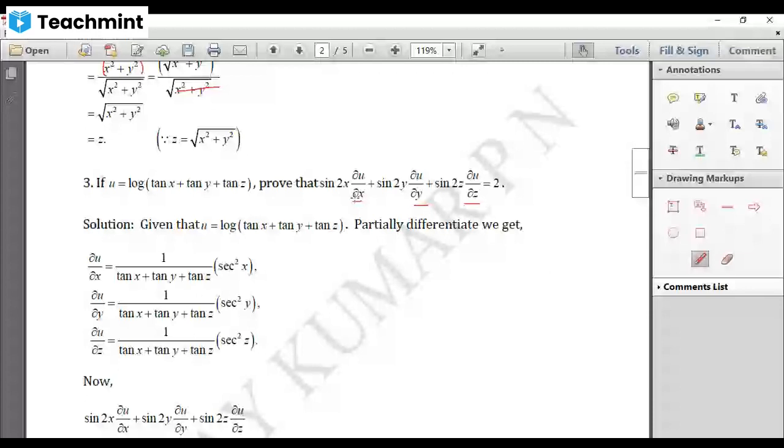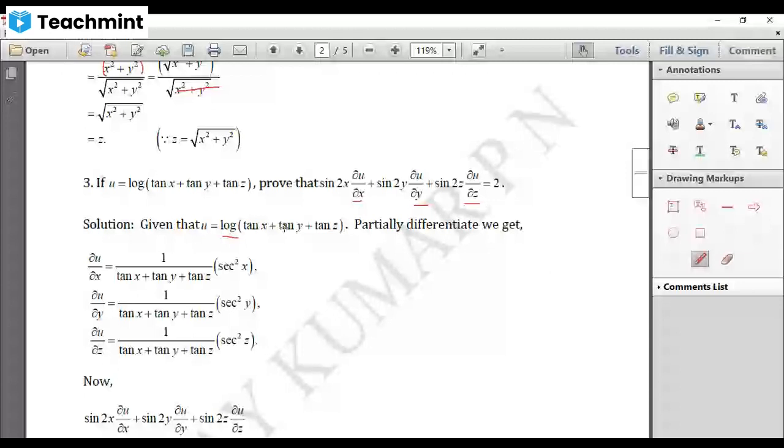Now let us find out dou u by dou x first. I told you when you are differentiating with respect to x partially, you have to keep the variables other than x as constants. But since here tan x plus tan y plus tan z sum is given, you cannot separate this one. So this is a function of x totally. Log of this, so log is the outside function. So first differentiate log by assuming this as x. What is the derivative of log x? 1 by x. But in place of x, what you are having? Tan x plus tan y plus tan z.